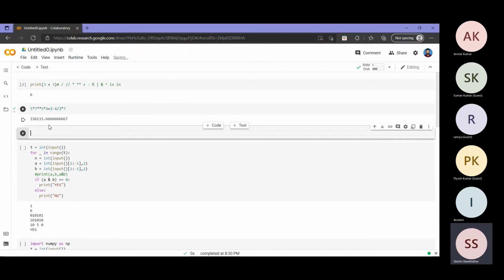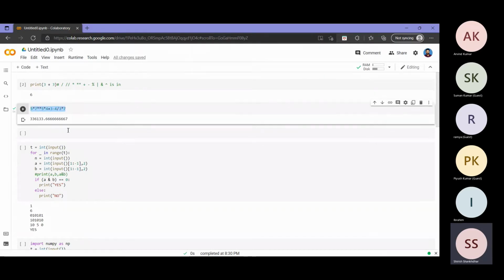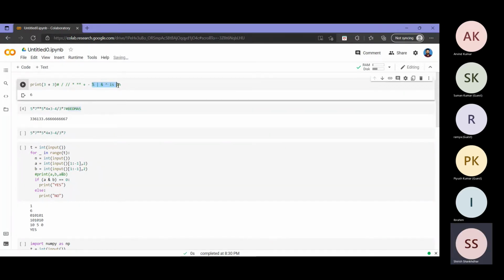Which portion is giving which part of the result? When you are learning, you can try it out by putting brackets. One thing you need to keep in mind is the BODMAS rule, as people call it. This defines the priority: brackets, exponentiation, division, multiplication, addition, subtraction, if you consider arithmetic operations alone. If you consider the logical operators, ampersand, etc., this matters slightly, and you can go through your reference document.